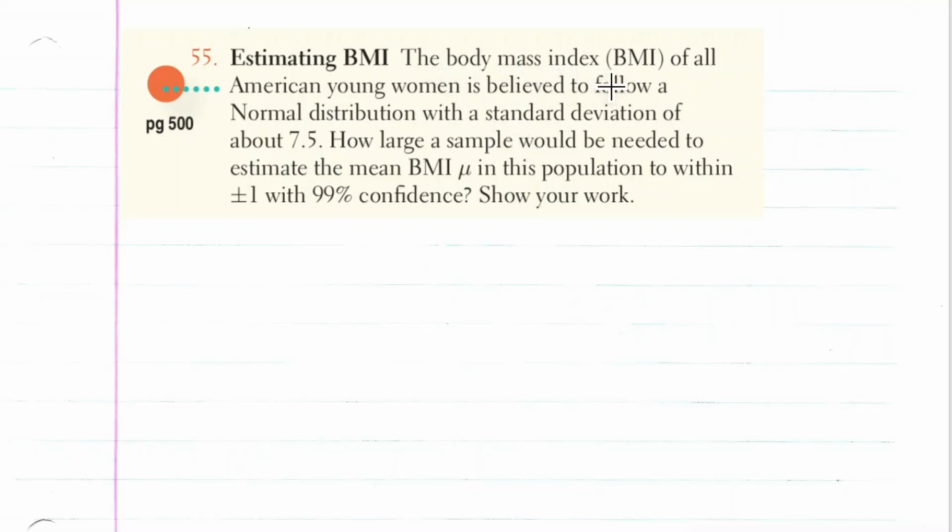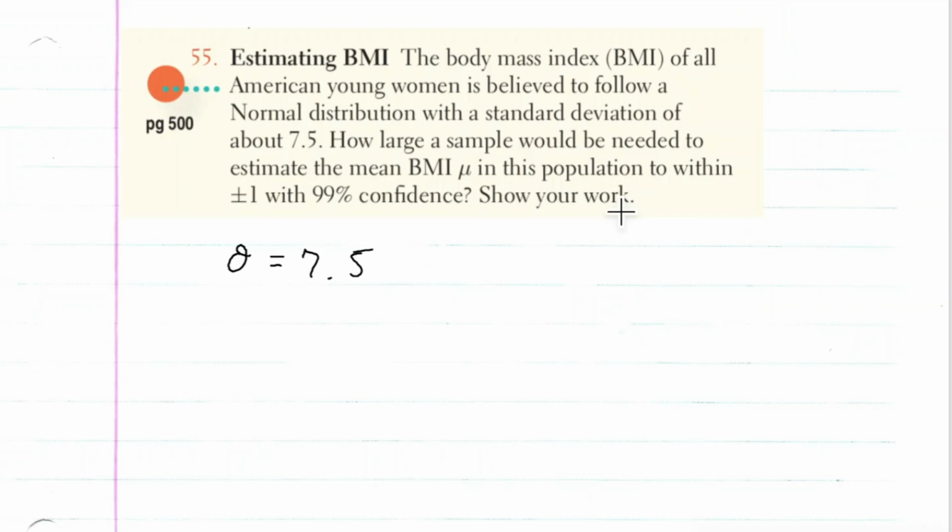The body mass index (BMI) of all American young women is believed to follow a normal distribution with standard deviation of about 7.5. How large a sample would be needed to estimate the mean BMI mu in this population to within plus or minus 1 with 99% confidence? Show your work. So we're given the population standard deviation, which is 7.5, and we're trying to find the interval